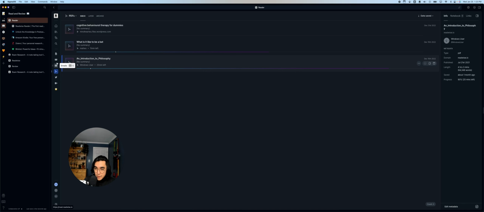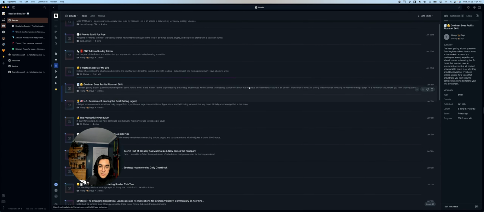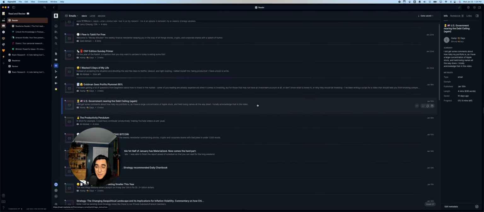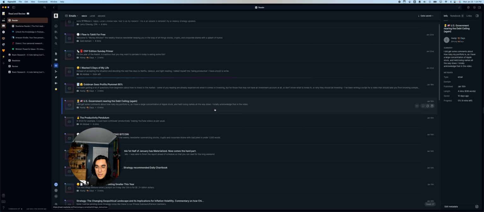Another nice feature of the Reader is emails. So I already get enough emails, and if I get email newsletters in my business email type stuff, I'm never going to see them, or I will see them and go, now's not the time. So how do I actually get to that content in a way that I'll actually review it? Readwise Reader comes with an email specifically for the application, and you can send that out whenever you're signing up for newsletters and stuff like that.